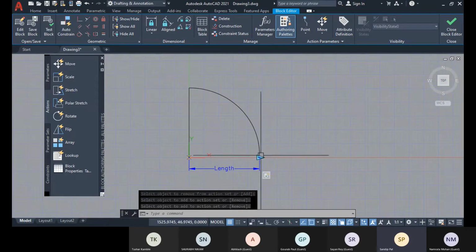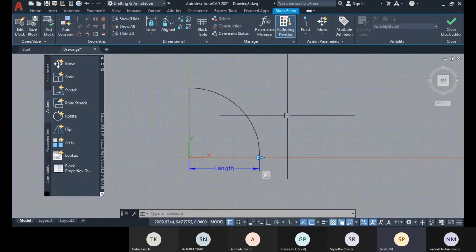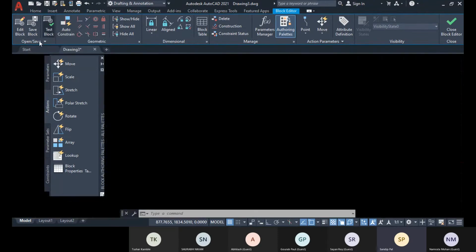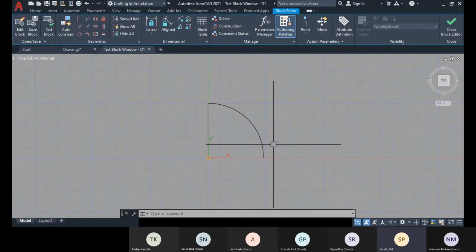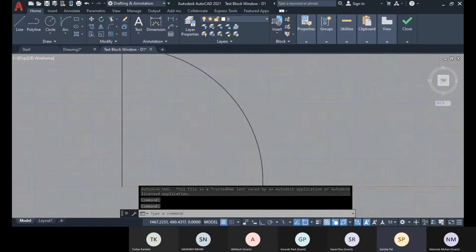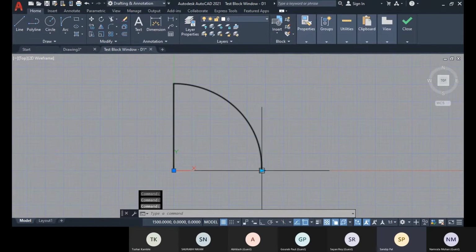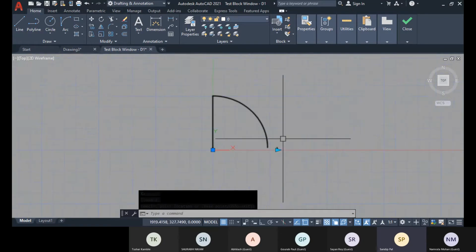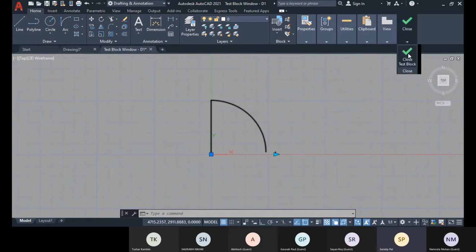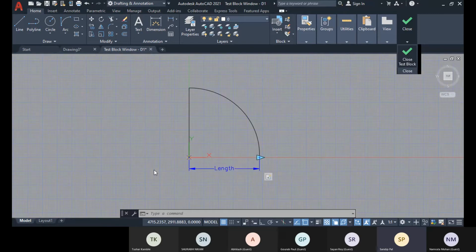Okay, now you don't know whether this action will work properly or not. So before going into the direct application in the projects, you can test it. So here we have this option, test block. Click on this test block, and there this is not done yet. We have still some work to do. So I will just show you this. Okay, now see this line, this vertical line is moved. Now to close this test block, I have something to do yet.